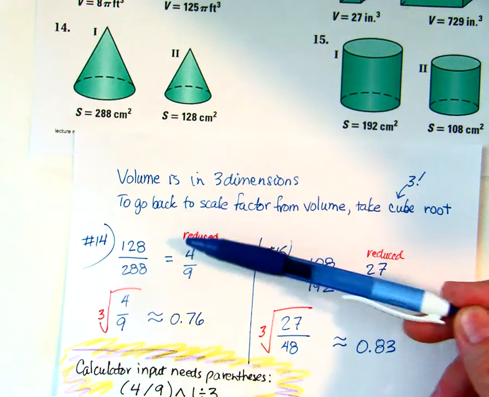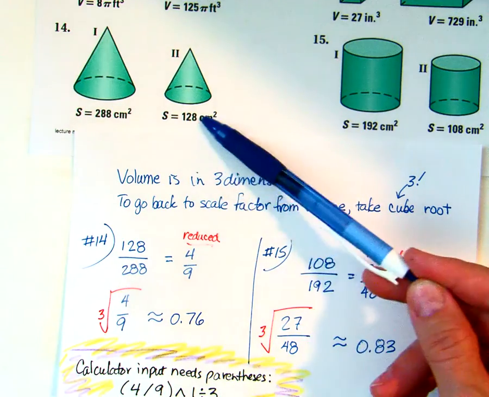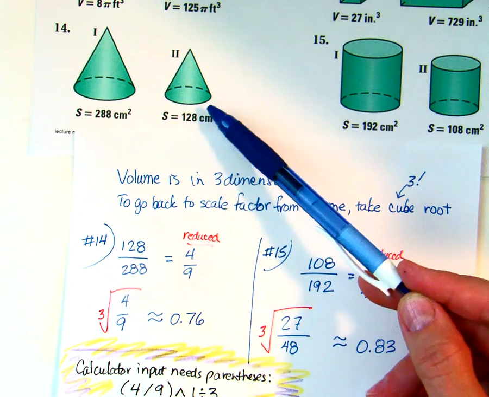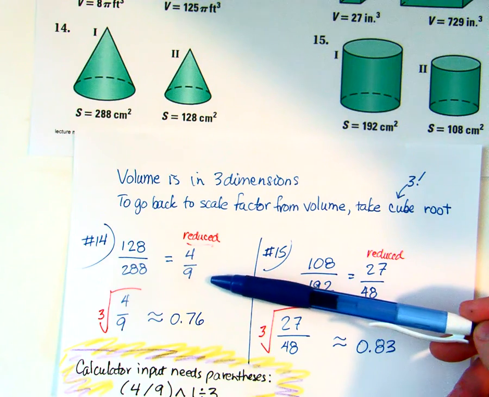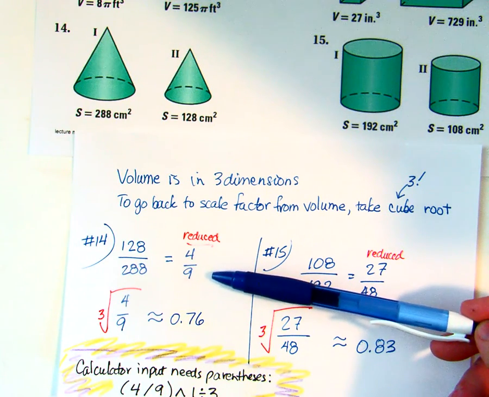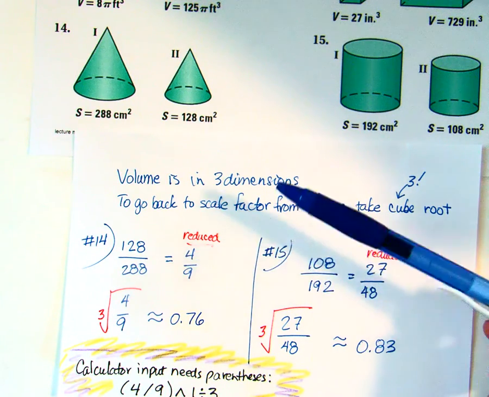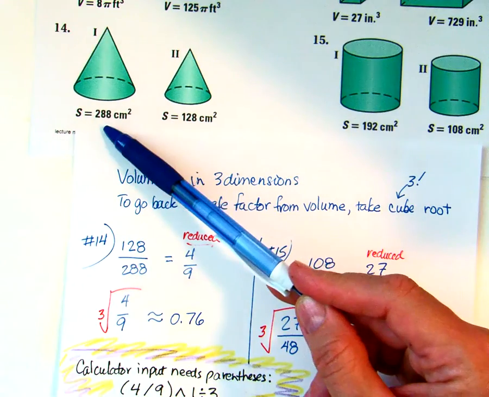So, again, need over know. Going from 1 to 2, that's getting smaller, so I know that my scale factor is going to have to be less than 1. If I come up with 9/4, I know I did it wrong, because that's going to make it bigger, because the scale factor would be bigger than 1. So let's look at this. So it's